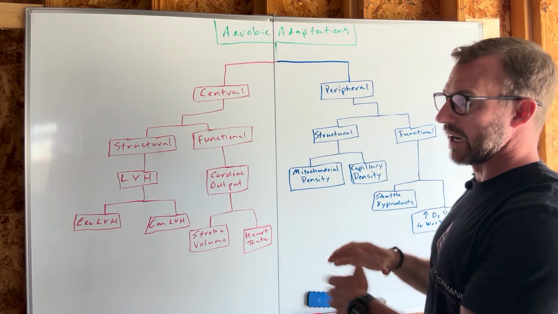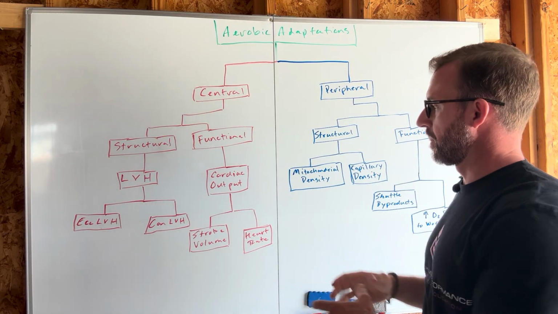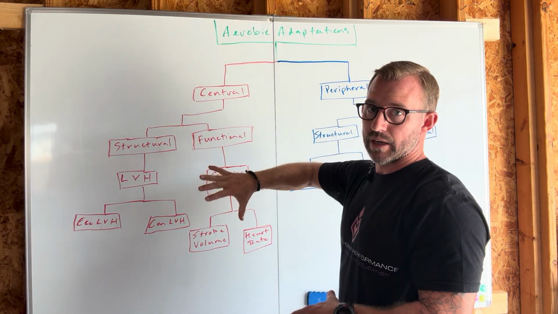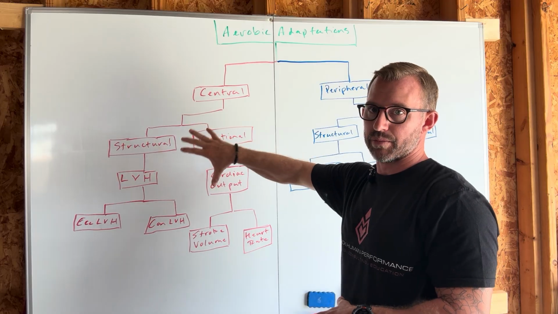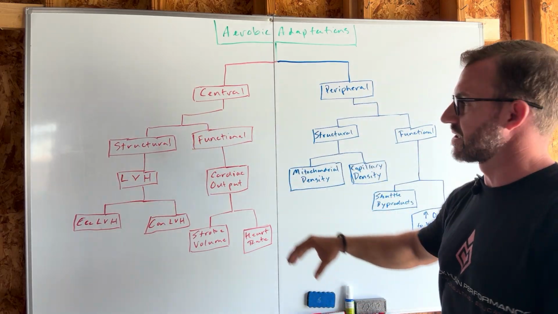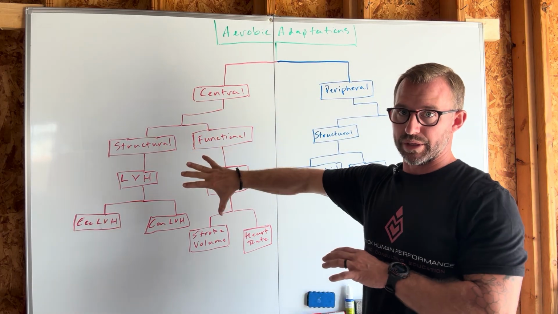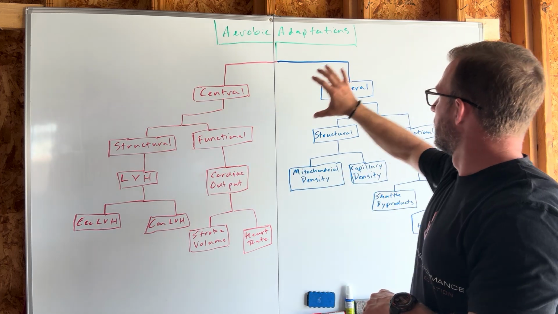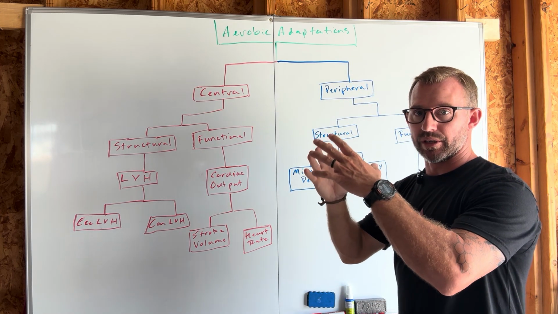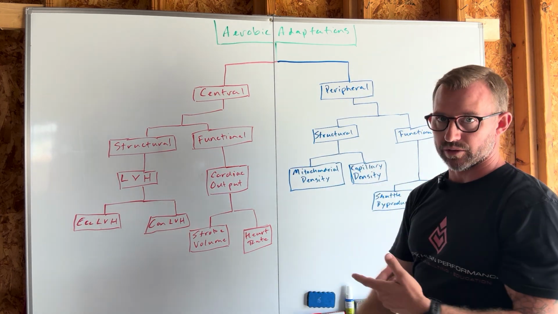So if we think about this in terms of a pyramid, all of our central adaptations form the base of the pyramid. So when we talk about an aerobic base, this is where it's built. Okay. Now, as we get further to the top of the pyramid and we talk about things like repeatability,